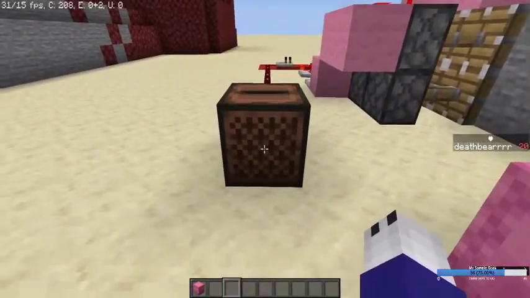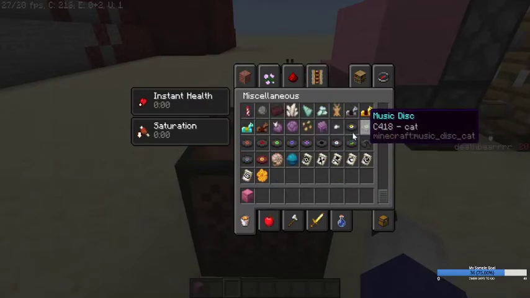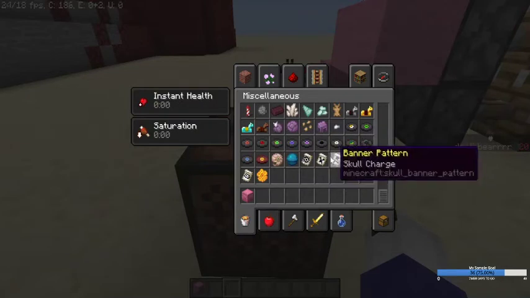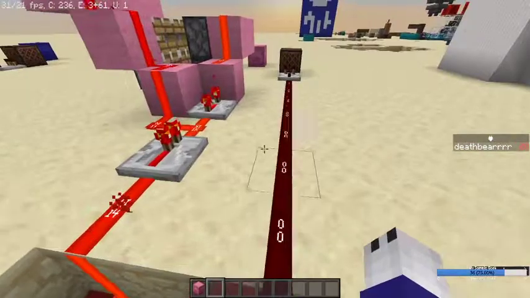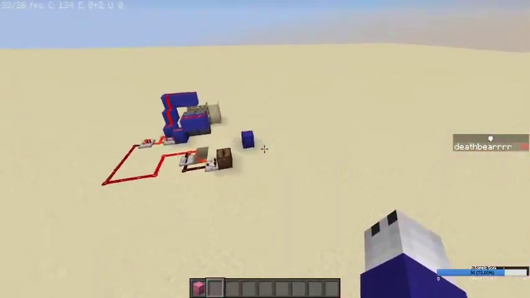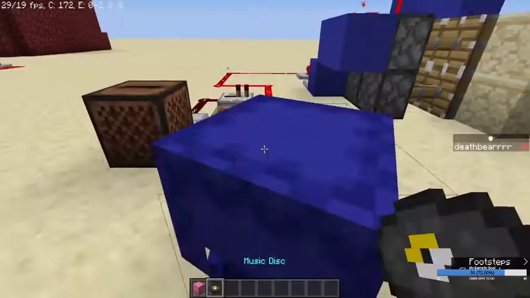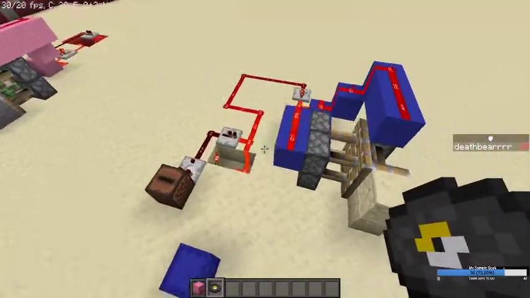The way music discs work is that here, I'm going to come back in the creative menu because all the music discs are in order. This music disc 13 has a power level of 1, Cat has 2, and it keeps going upwards. Now this design, so basically, depending on what power level the disc is, there's a different design you want to use. For example, if you want to use 13, you're going to want to use this design, which